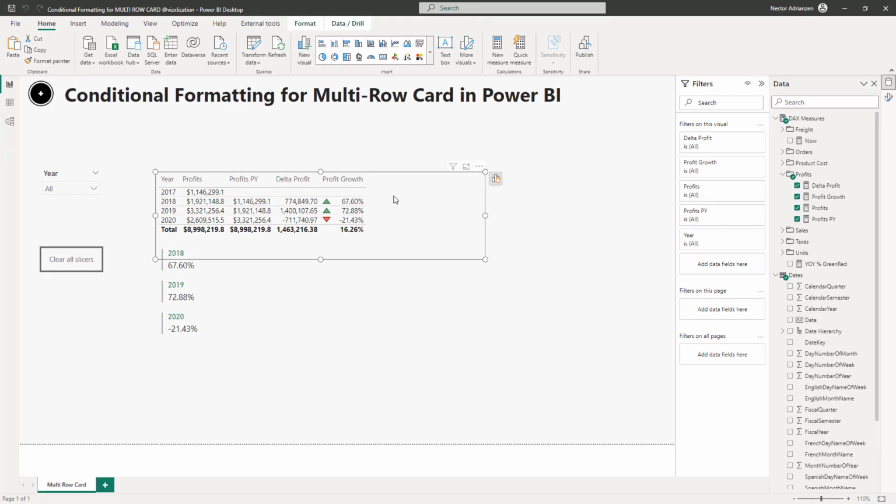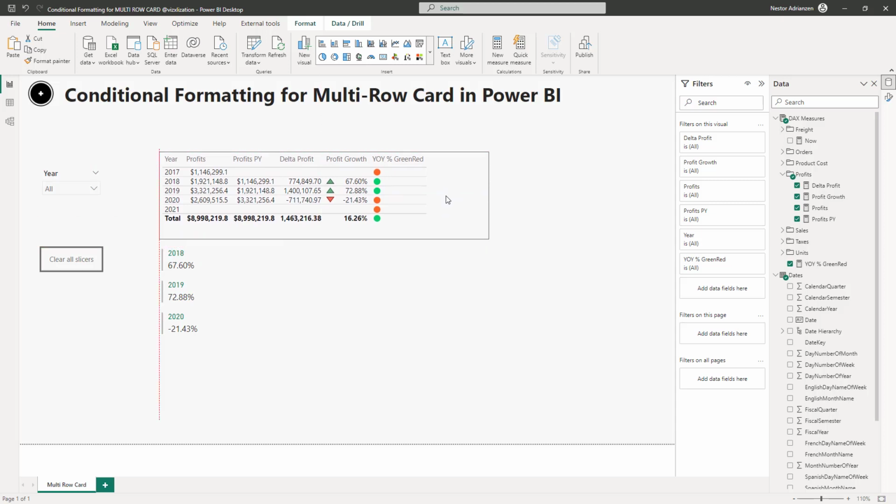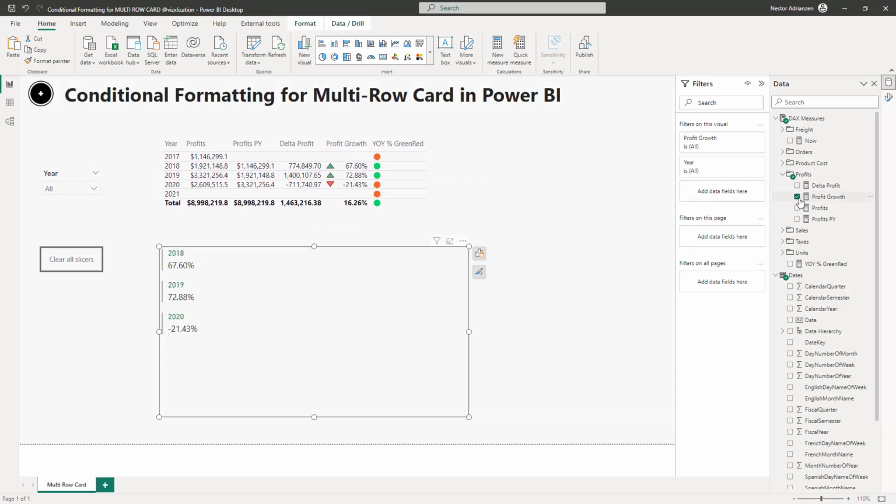So now let's add this new measure into this table. Let's drag and drop here. It's thinking. Boom. So now we have here the green and red circles. So this is looking better, right? I'm gonna move this a little bit. So let's select here this measure instead. Check this out. So now you can see the circles here. So that's what we're talking about. And as you can see, we need to improve this measure.